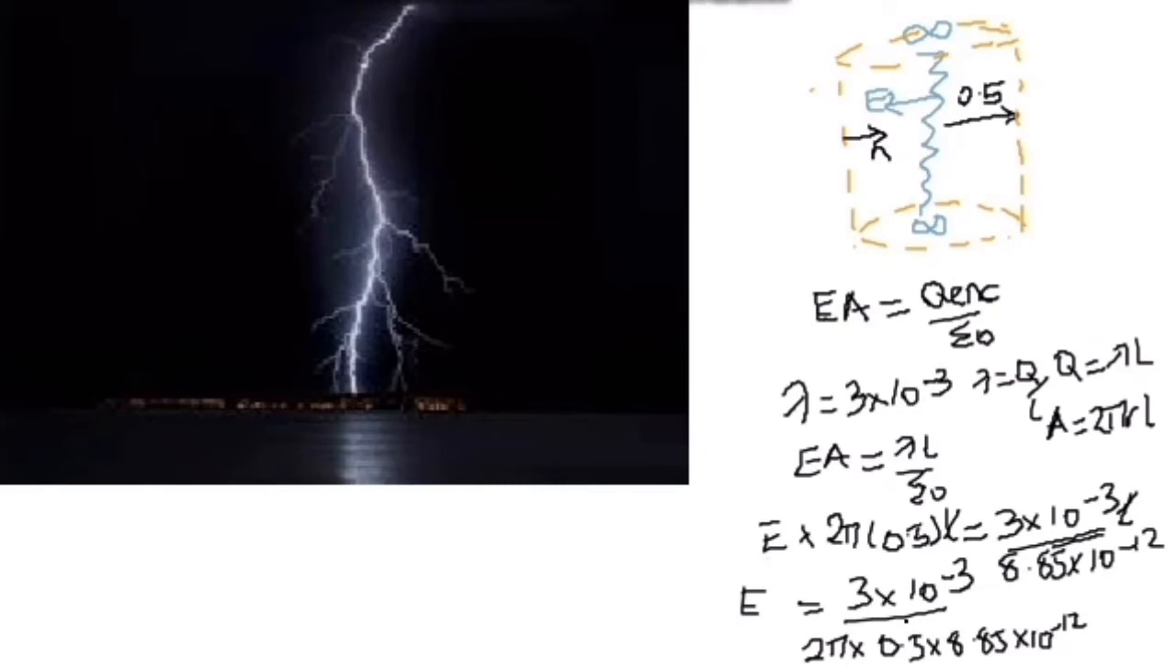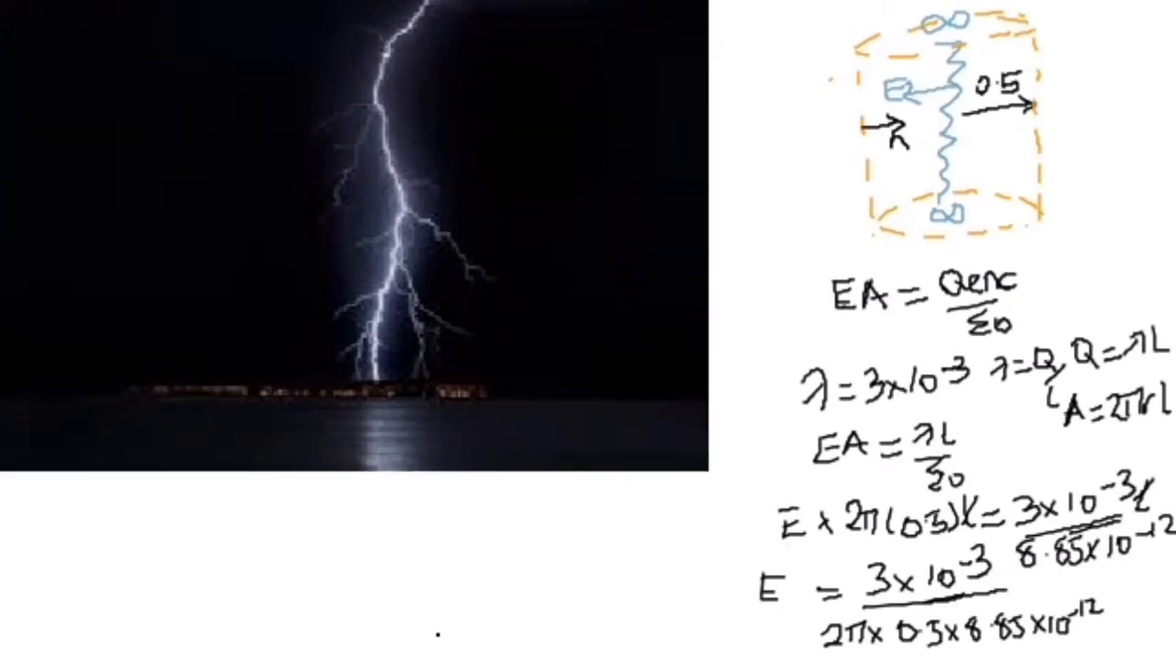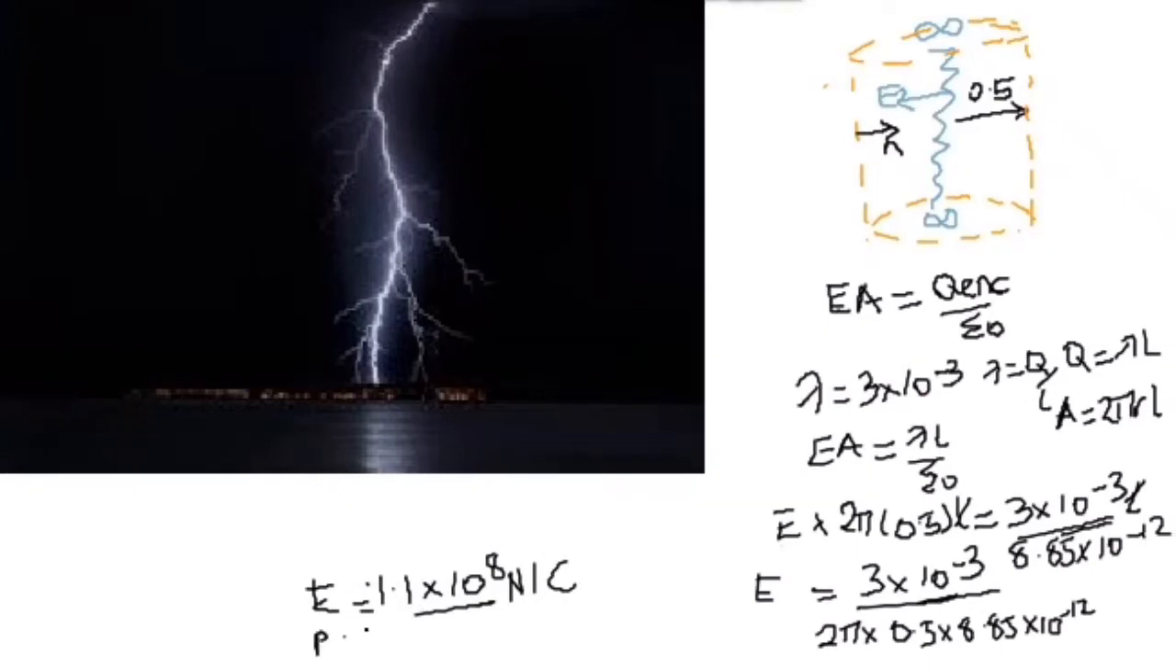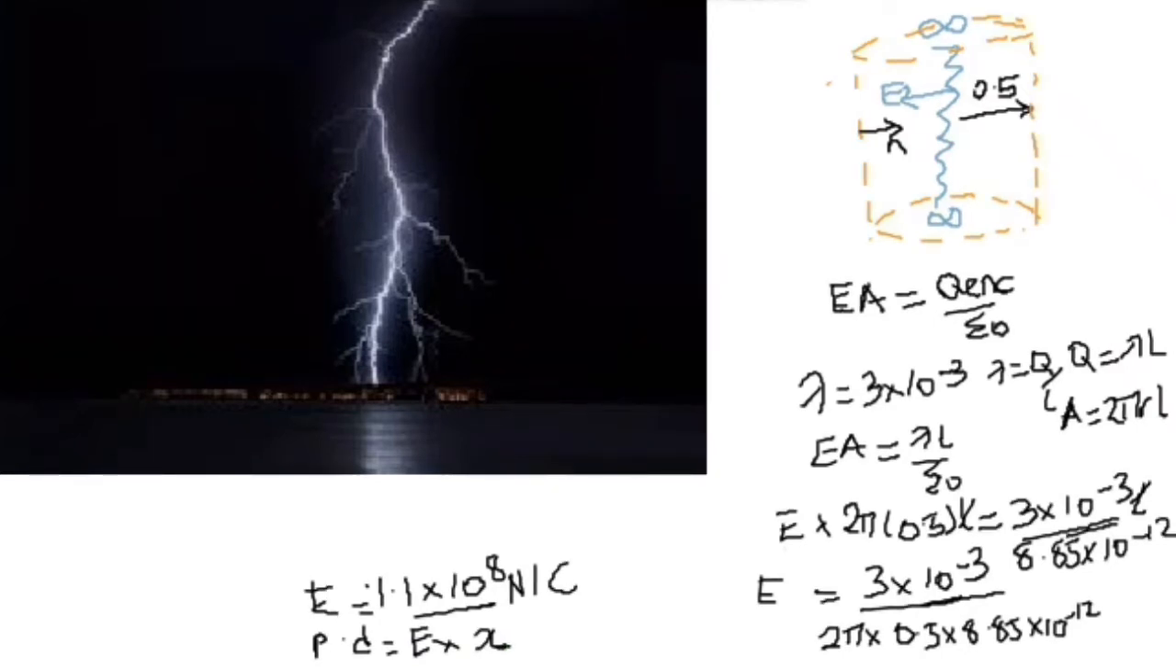E is equal to 3 times 10 raised to the power minus 3 over 2 pi times 0.5 times 8.85 times 10 raised to the power minus 12. E is equal to 1.1 times 10 raised to the power 8 Newton per coulomb. That's a large electric field intensity, so potential difference will be large. So current is going to flow probably through the surface of the ground to the person, and that's not safe